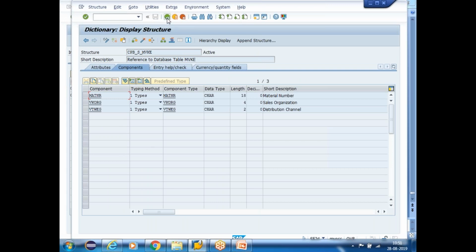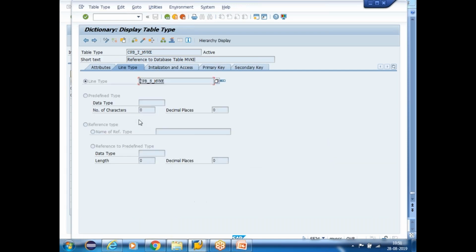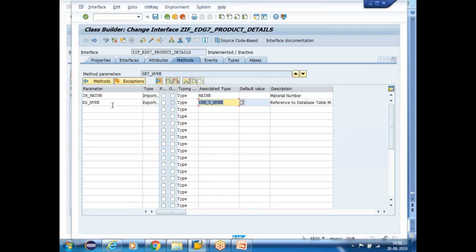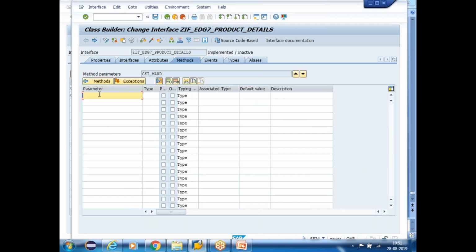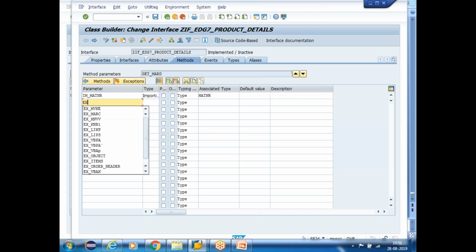Oh, it's not, guys. Maybe I will take three fields. No problem, I'll take three fields. Which sales organization does this material belong to? That's it. I want only that information. I'm taking only the three fields. Come back to methods and parameters and do the control V. Oh, what happened? Yeah, maybe I have IM_MATNR as importing, and EX_MARD as my exporting, and maybe